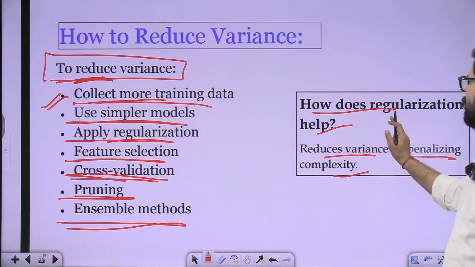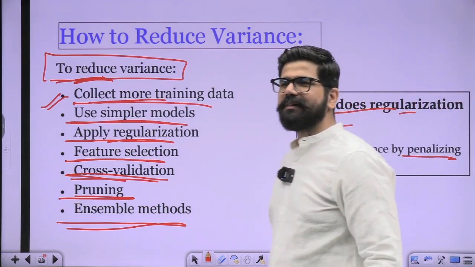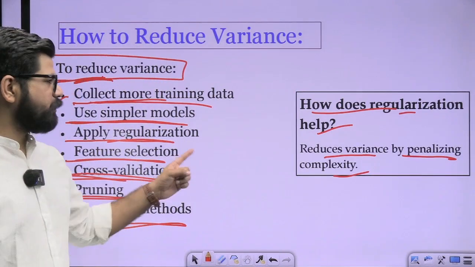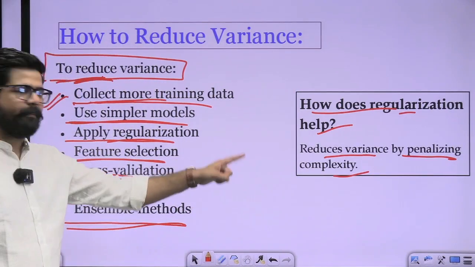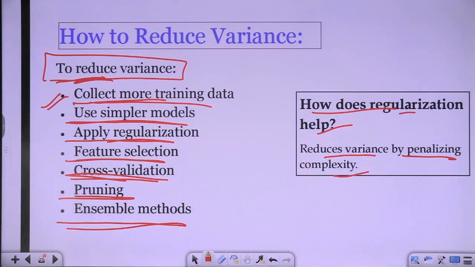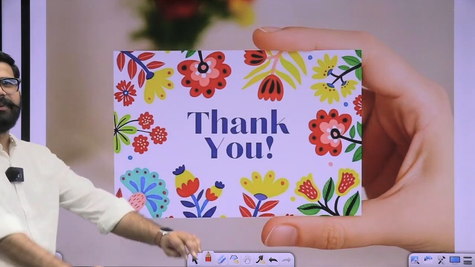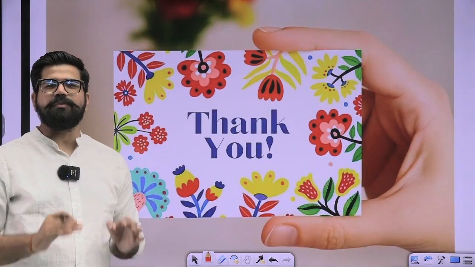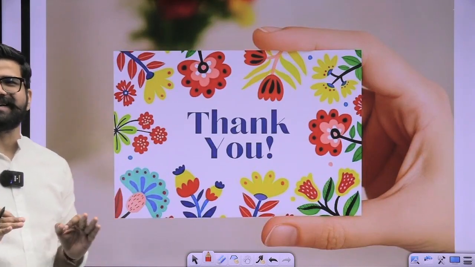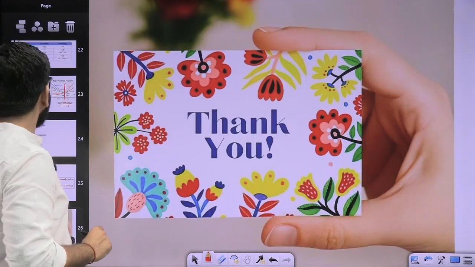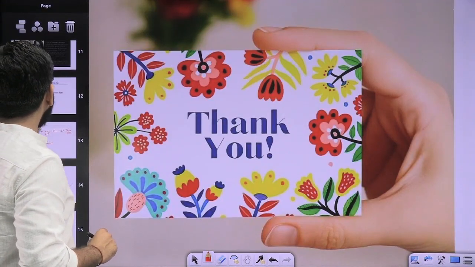I hope we have already covered regularization in the earlier sessions as well. You can see L1, L2 regularization and you can easily understand what penalizing means, how you can penalize things in your regularization technique. So that's all for your complete session of this bias-variance trade-off. I hope you are able to understand what exactly bias and variance are. I am just recalling once again so that you can reconnect the things.